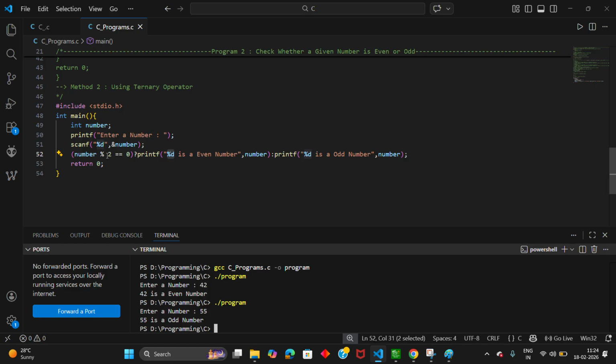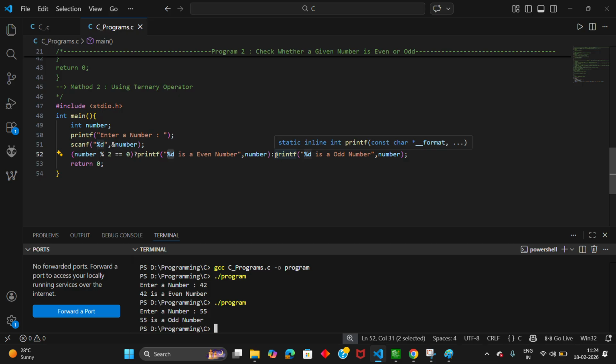Is 55 % 2 equal to 0? No, right? 55 is an odd number. We will get the remainder as 1. Is 1 equal to 0, is this condition true? It is false, right? So the statement after the question mark won't execute.